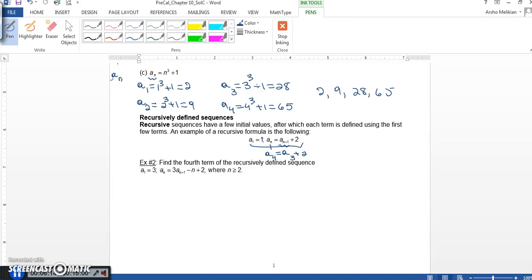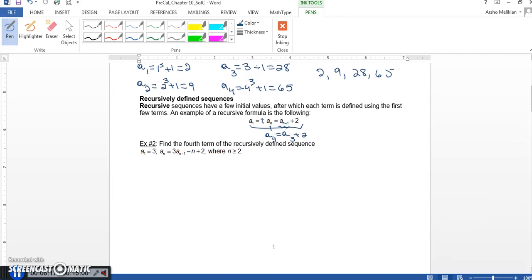Okay? Let's look at this example here. We want to find the 4th term. So basically we have A1, A2, A3, A4. What is A1? We're told that A1 is 3. All right, let's find A2. To find A2, I'm going to use this formula here. And it's 3 times N minus 1. If I do N minus 1, it's 2 minus 1